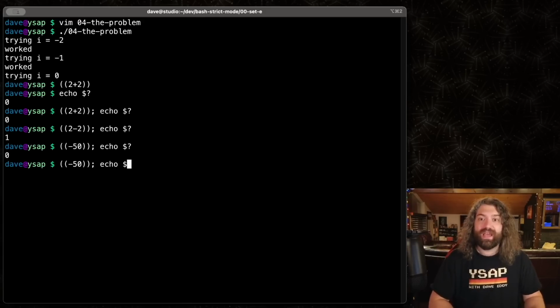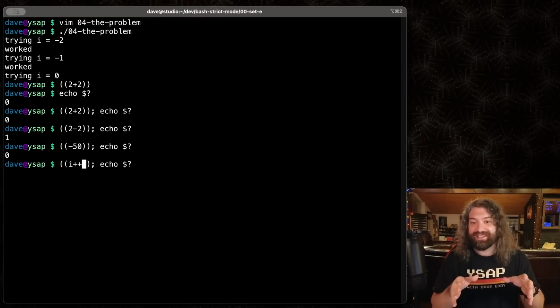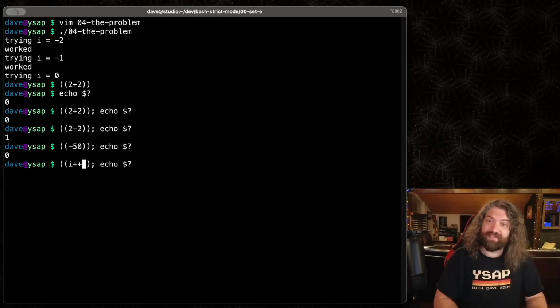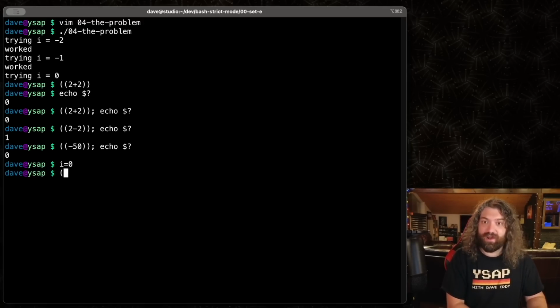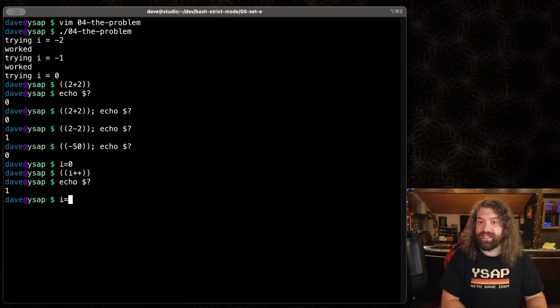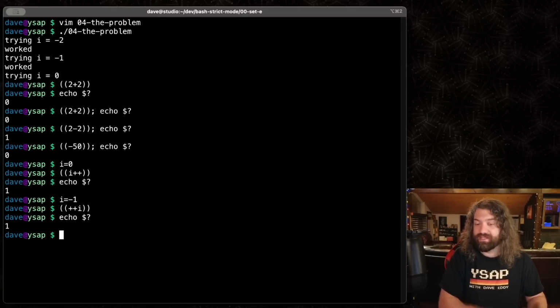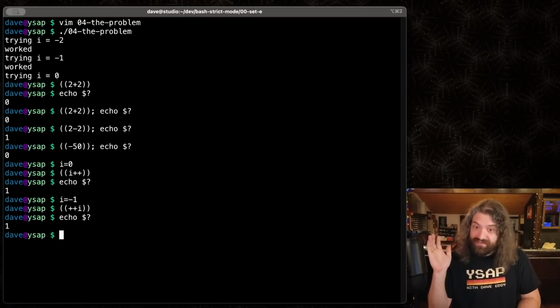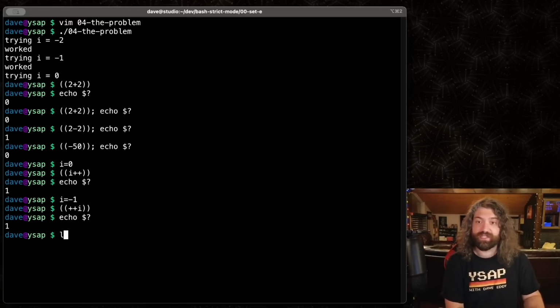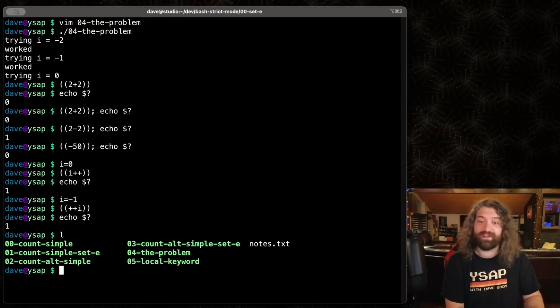That's what's happening here. And then to add insult to injury, we're doing the post increment here. So it doesn't look at what the number has become. It looks at what the number originally was because the increment technically happens after. So if we were to set this to 0, and then increment it, we can see that there was a failure there. If we were to set this to -1 and then pre-increment it, we can see that there's also a failure there. That's very hard to debug. If you're learning Bash and you think you're going to set this strict mode and you're like, oh, this will help me, I think this will hurt you if you encounter situations like this because you won't know easily how to navigate yourself out of them.